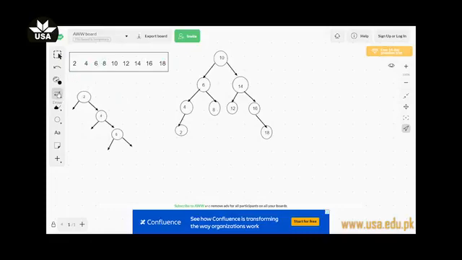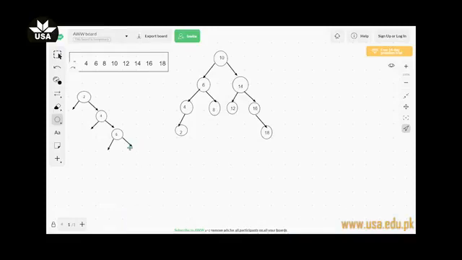Let's continue. For example, the next value is 8. So again, starting from the root node, the value to be inserted will move towards the right side. Again the value is greater, so we'll again move towards the right subtree. Now compared with the 6, again the value is greater, so we will again end up on the right side. We will create a node on the right side of 6, which means the right child of 6 will be a node with data element 8, and currently the value of left and right child of 8 is null, which means the node 8 has not a single child currently.